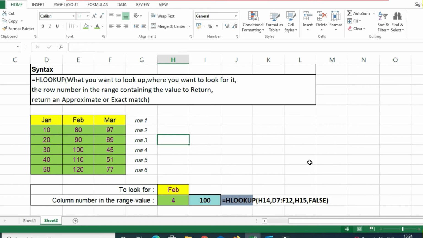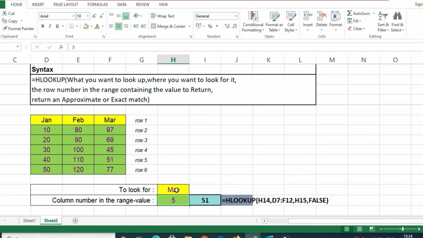So once you get the data, now you can explore the inputs here. So you can change the inputs from February to Jan. The result will change, so it will show 30 because 30 is in the Jan column. So as per that the result will also get changed, or if you change the input as March here, then again the result will change, or if you change the row numbers, it will again consider the result differently. So you can see for March on the 5th row it is 51. So like this we can go on exploring it.